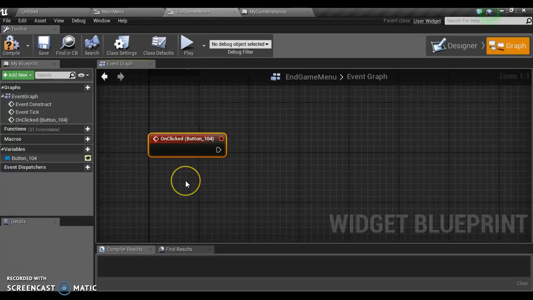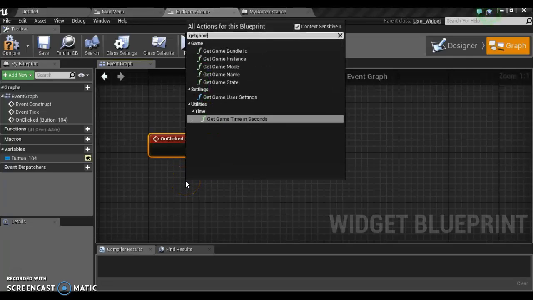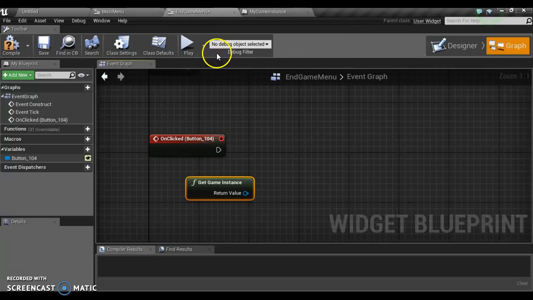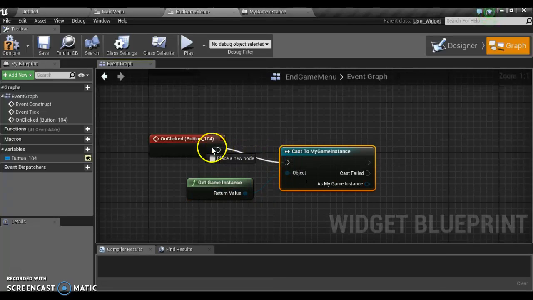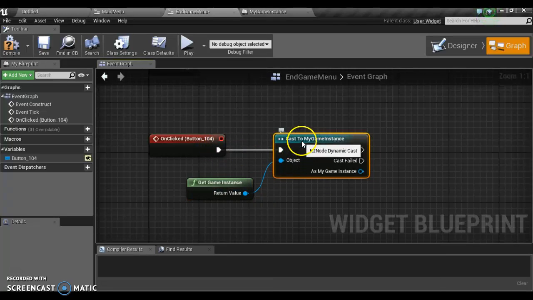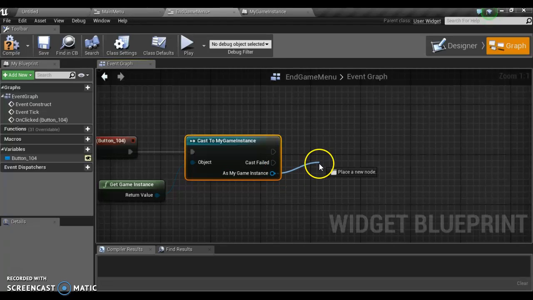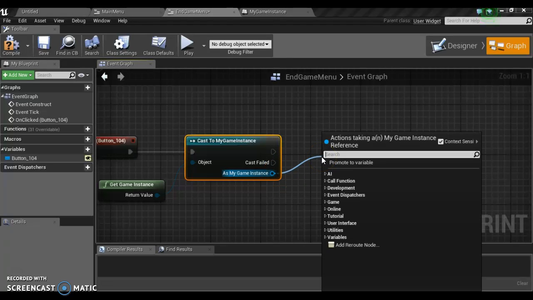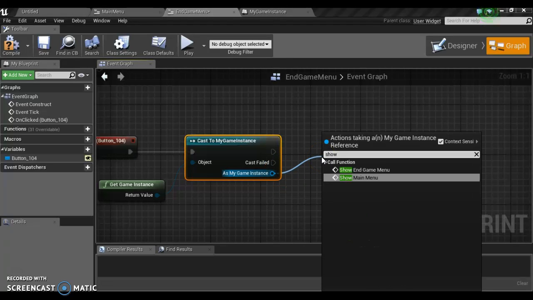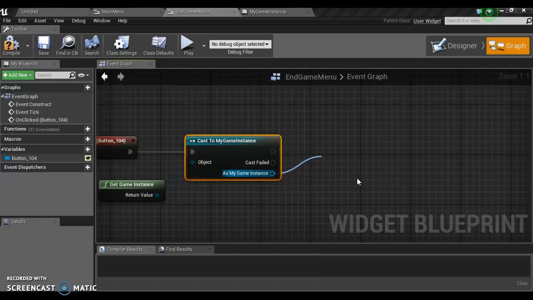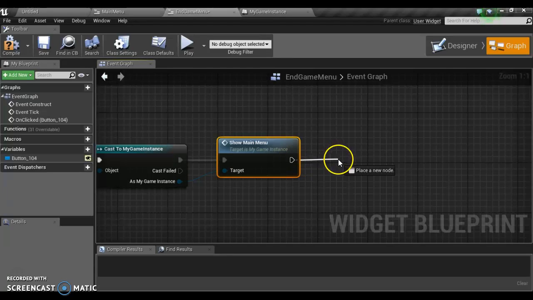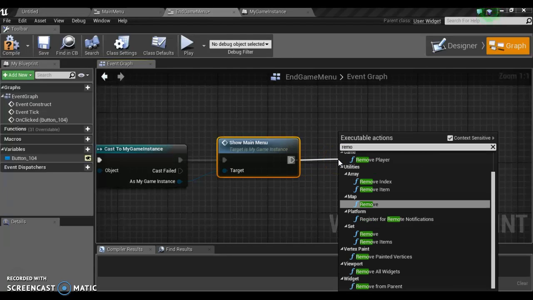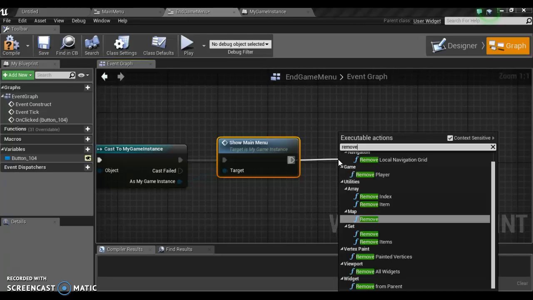On clicked, we are going to get our game instance, and when we drag off that, we're going to cast to my game instance, and because we've created the variable now, we can now call our custom event show main menu, and lastly we're going to write remove from parent to get rid of the current menu,